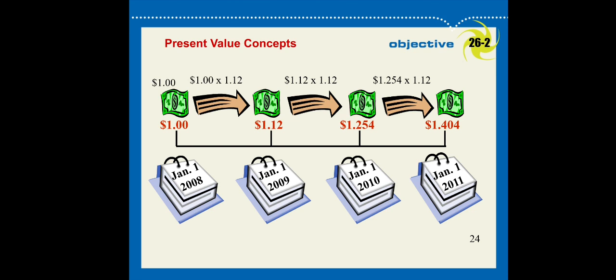At the beginning of year 2009, the $1 invested will increase to become $1.12. The 12 cent is the interest, 12%. If the person invested the cash again and the rate is the same 12%, then on January 1st 2010, the cash has increased to